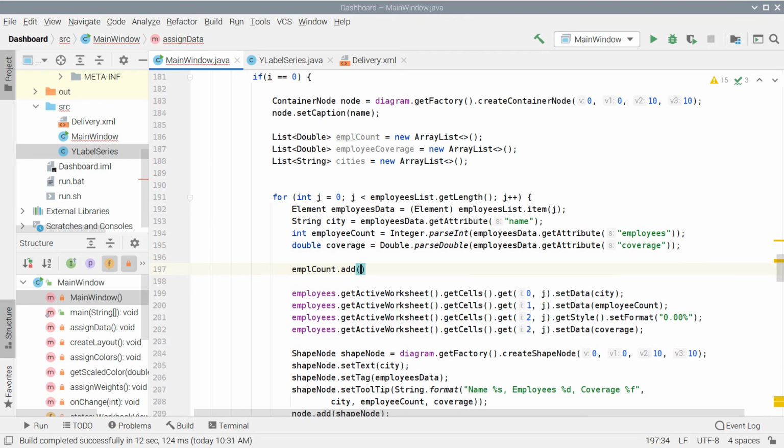Now, with each iteration in the cycle that parses the data, we add the values to our arrays.